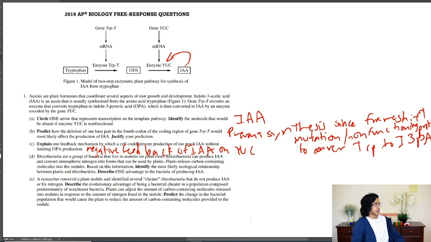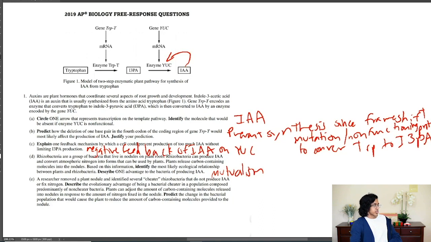Plants release carbon dioxide into the node, carbon-containing compounds. Okay, based on this information, identify the most likely ecological relationship. I mean, it's probably mutualism, right? Mutualism, because both are being benefited, right? The plant gets nitrogen compounds from the bacteria, and then